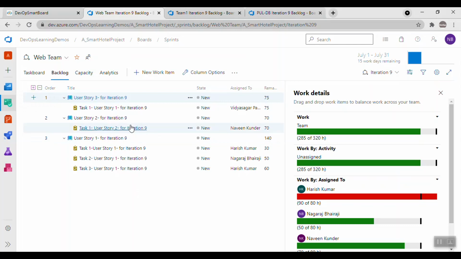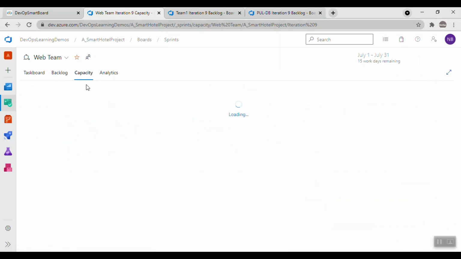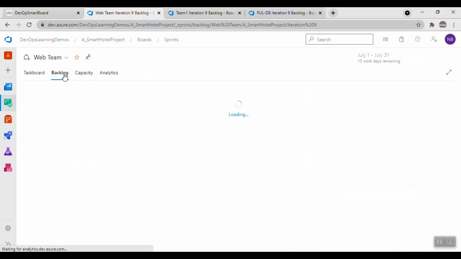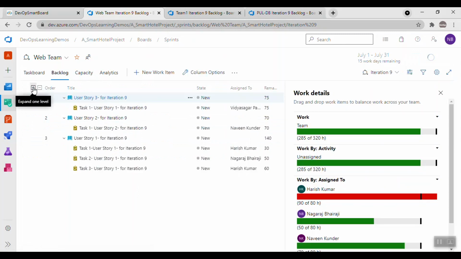The capacity will be defined here for this iteration and for this particular team, and the work item tasks will be assigned.